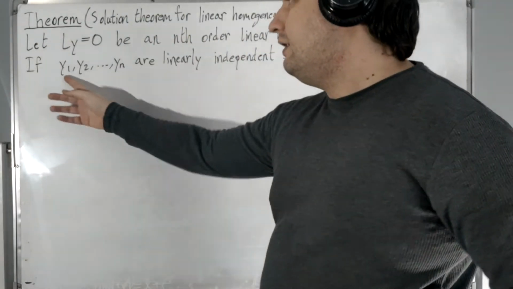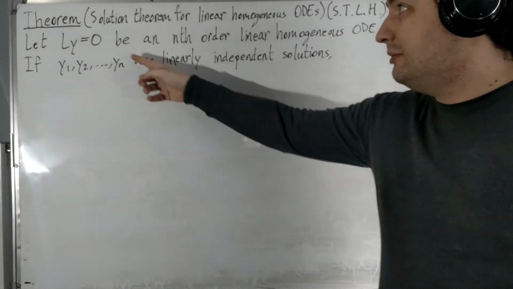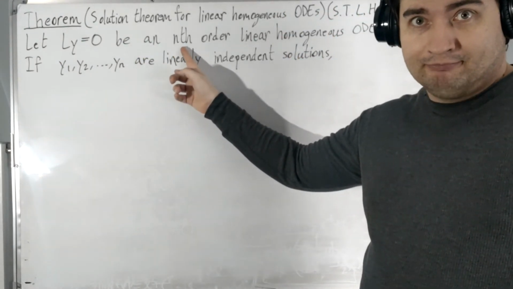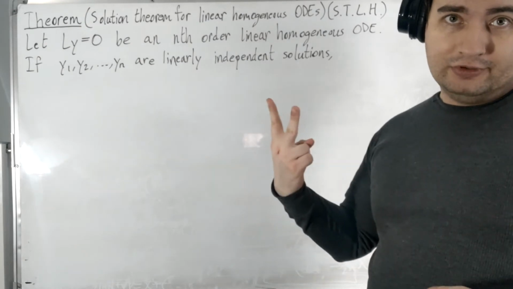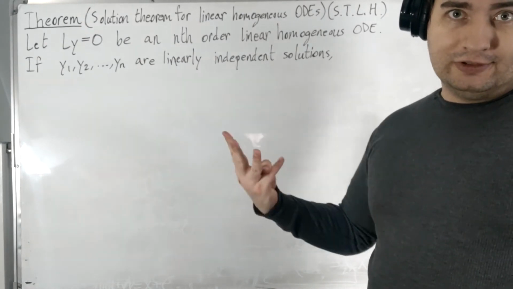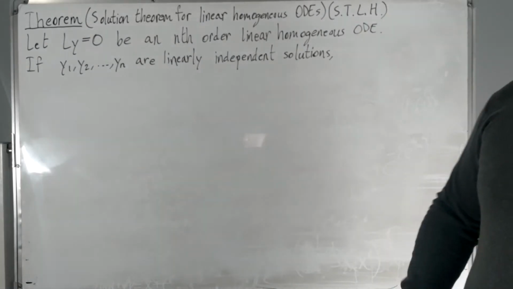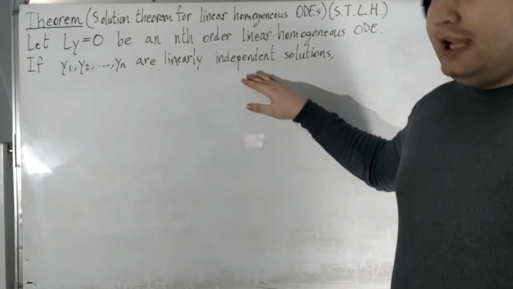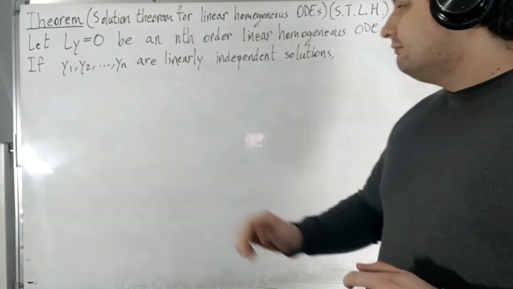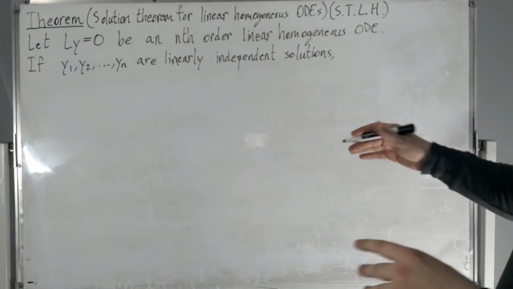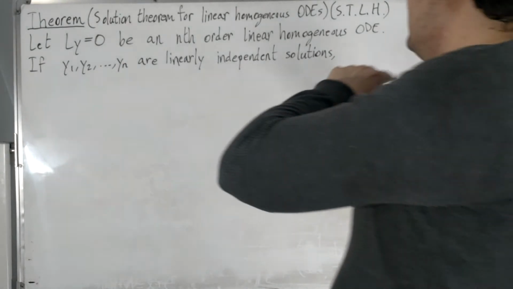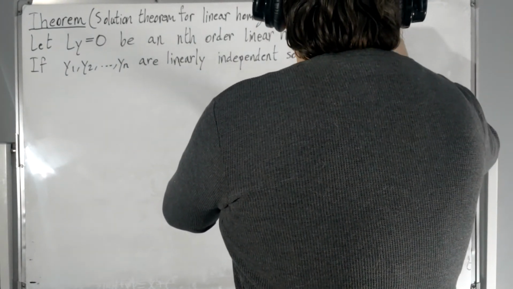Okay, so we have n many solutions, so it's the same as the order of the ODE. So if it's a second order ODE, we have 2 solutions. Third order ODE, we have 3 solutions, and so on. They have to be linearly independent. If you have this many linearly independent solutions, then